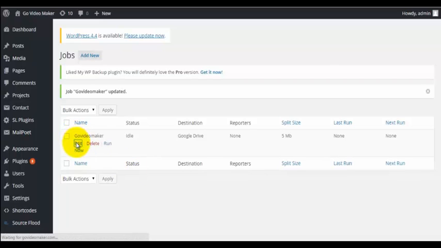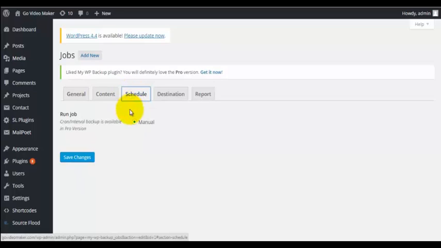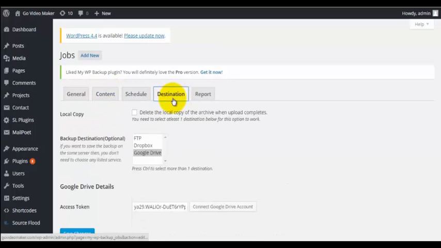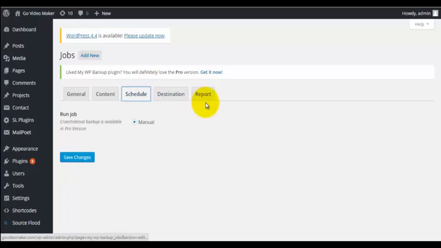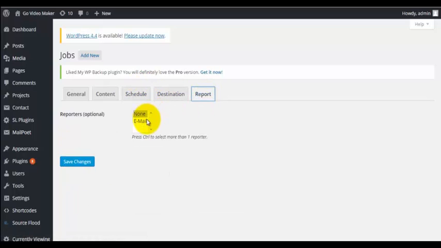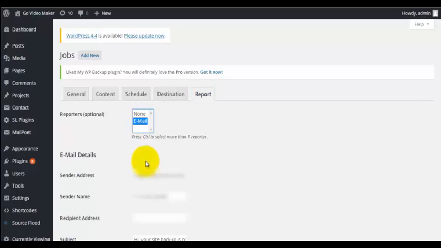Then you can still edit. You can set the schedule to manual. You will see the report is optional, so you can receive an email.